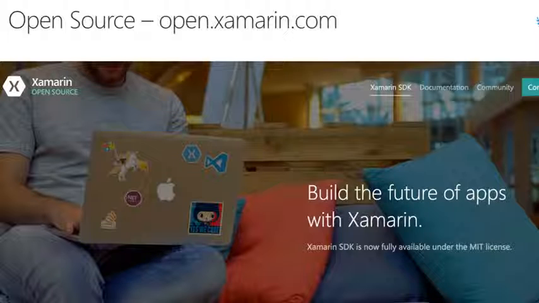And speaking of open source, did you know that Xamarin is also completely open source? Because all of Xamarin is open source, that means you can download